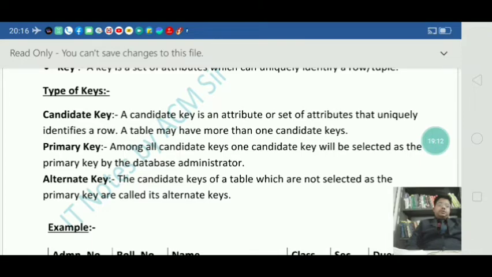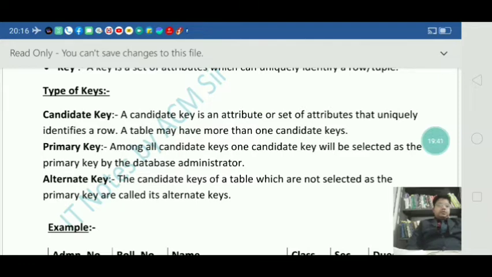Next, what is primary key? Among all those candidate keys, we have to take one candidate key as the primary key.